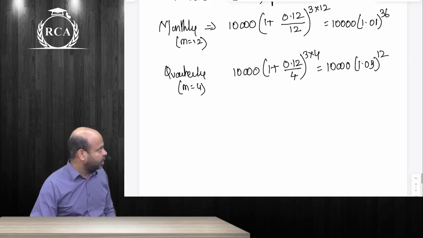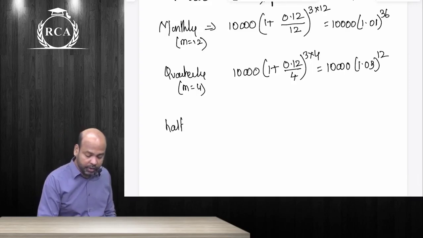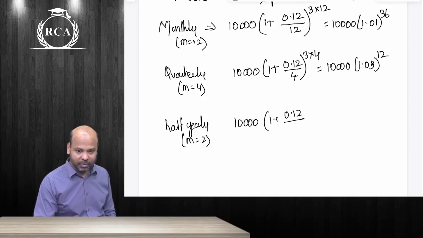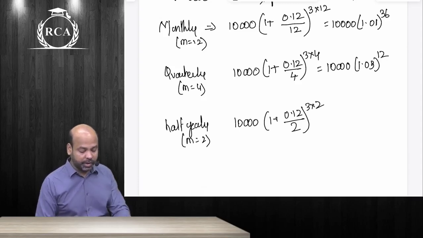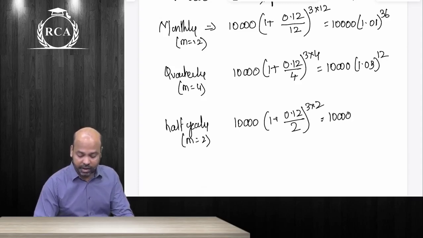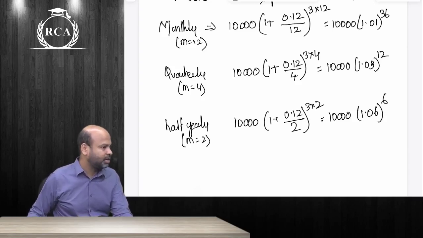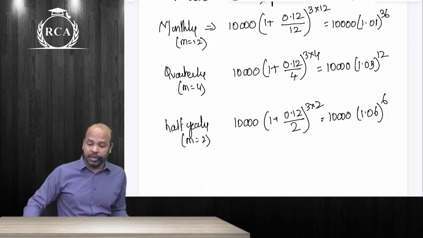If it is done on a half yearly basis, guys, what are we going to write? I know you know all of this better. चुपचाप आंसर बोलो ना, कान के नीचे खाओगे वरना. 12% divided by 2, guys, that is 6% for every 6 months. Whole power what beta? In a span of 3 years, guys, you will have 6 half yearly periods. So you're compounding interest at the rate of 6%. That will be 6 times in 3 years. Are we clear about this?